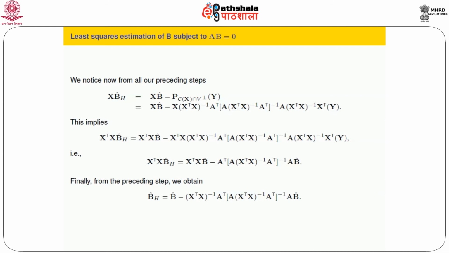And if we see carefully this constrained least square estimate, it is the unconstrained minus the adjustment term. And if one goes through a little bit carefully, one will see why this should be the adjustment term. So therefore, what was our goal? Our goal was that we should be able to obtain an expression for the constrained least square estimate of B in terms of X and A.